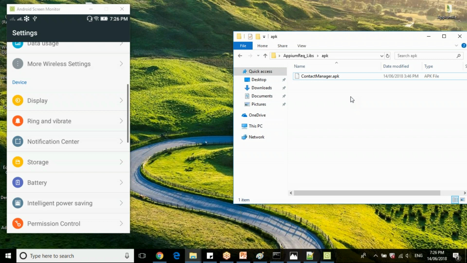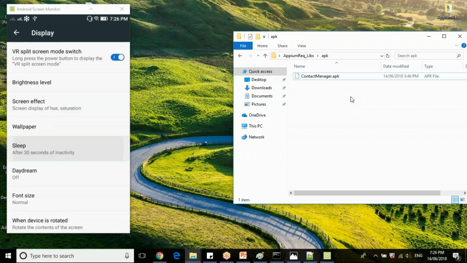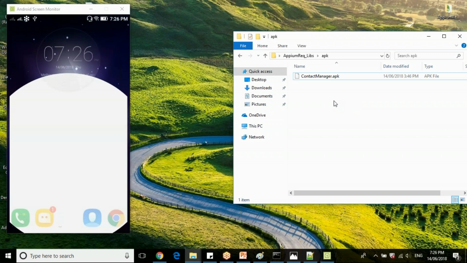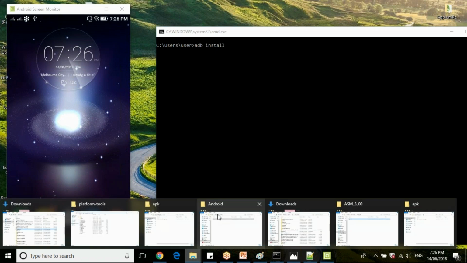So let me clear the screen. I have this Android Debug Bridge here. I have the command adb install, and what is the application that the developer has given to us? It's the contact manager application, which is available in this particular location. Now just pass the path of this particular application here, till the APK file.